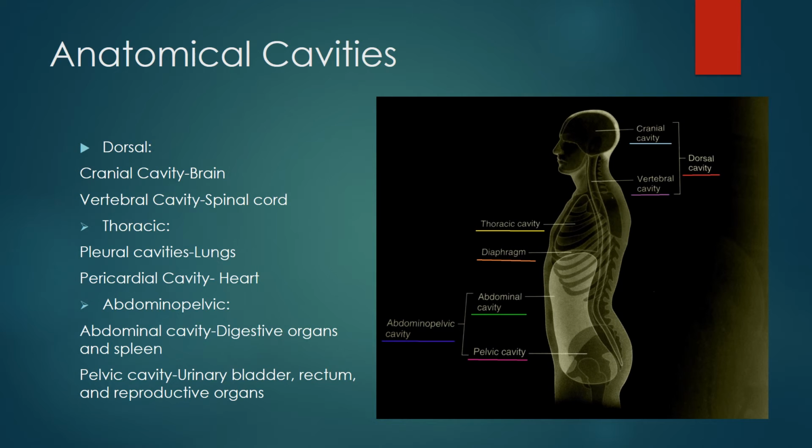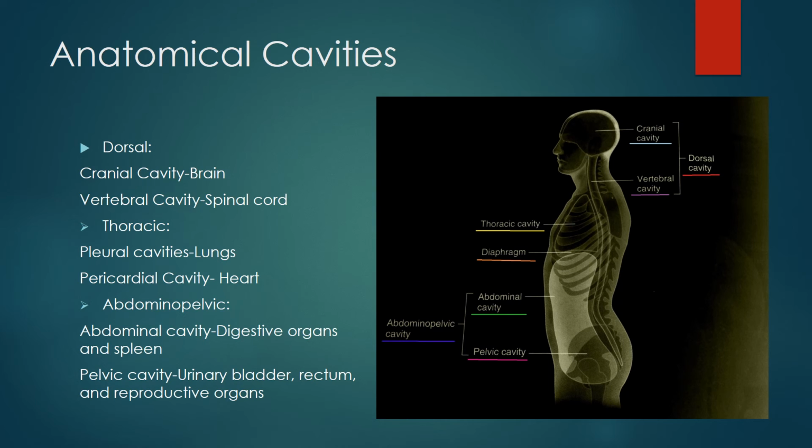Anatomical cavities. You have the dorsal cavity, which includes the cranial cavity and the vertebral cavity. The cranial is the brain, and the vertebral cavity is the spinal cord. And then onto the thoracic cavity, you have your pleural cavities, which is your lungs, and your pericardial cavity, which